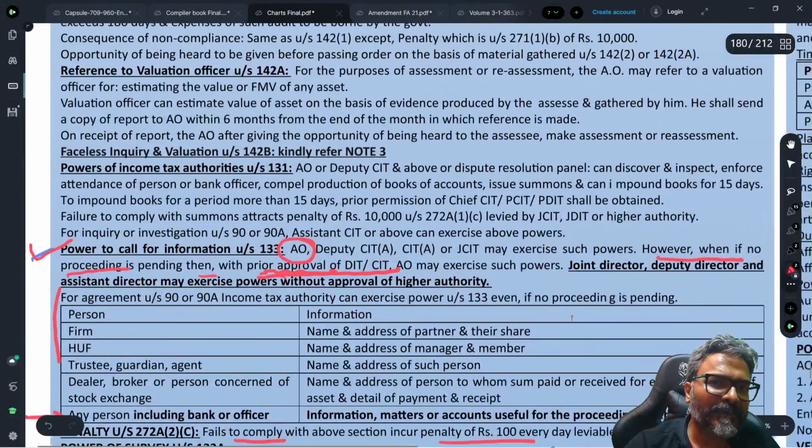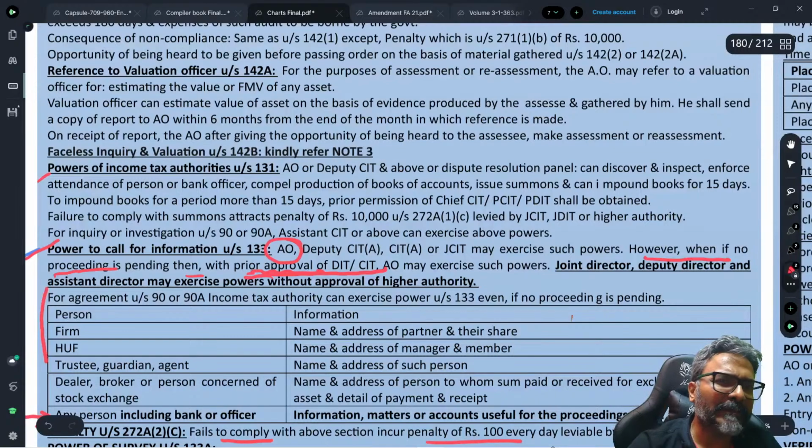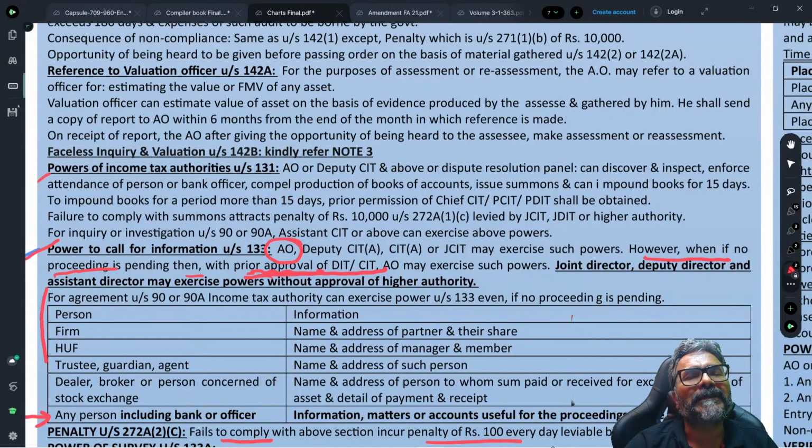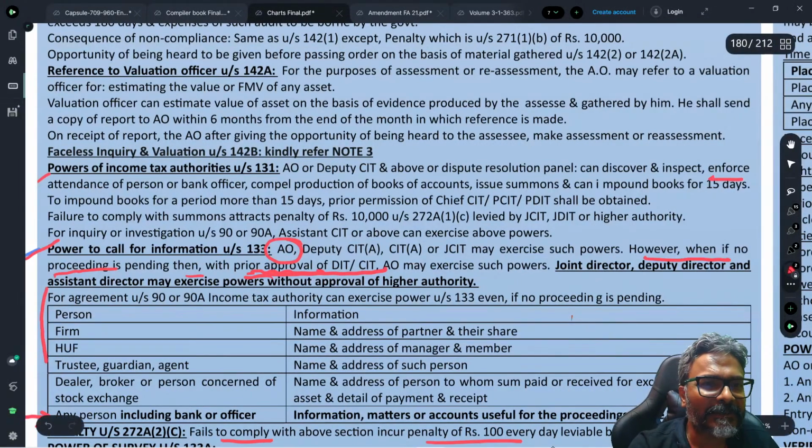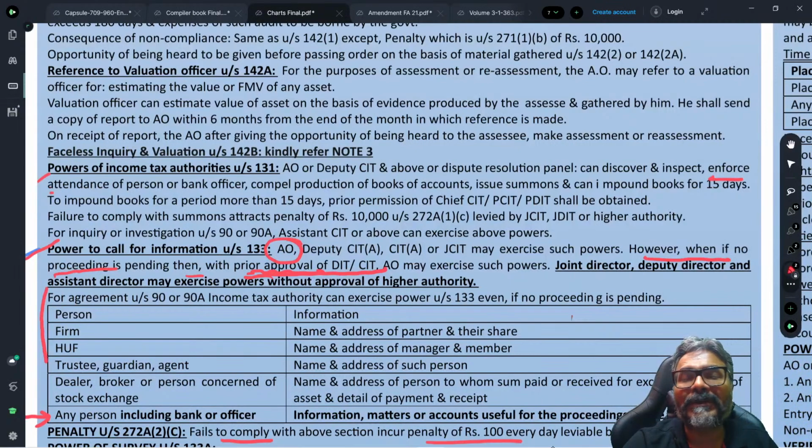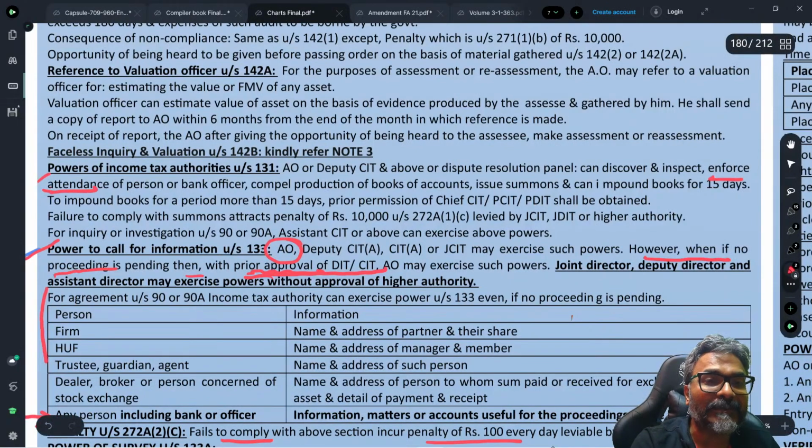Now the next section in our list is the power of 131. Again, a very big power. A dangerous power, students. Now, students, if you see here also, the notice can be given to any person. But there is something very peculiar, something very unique to section 131. The peculiarity here is that, apart from giving the notice and getting the information, he can enforce the attendance of a person and compel the